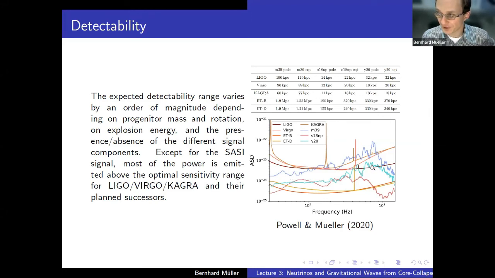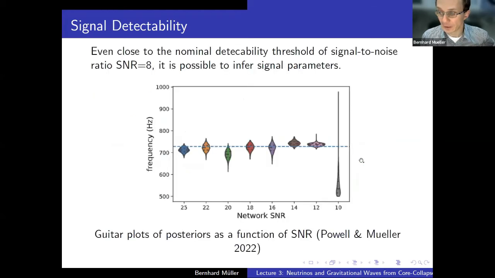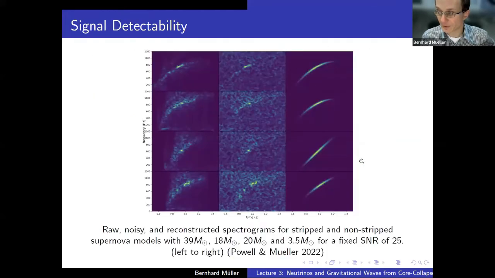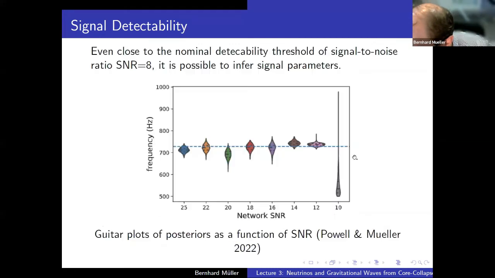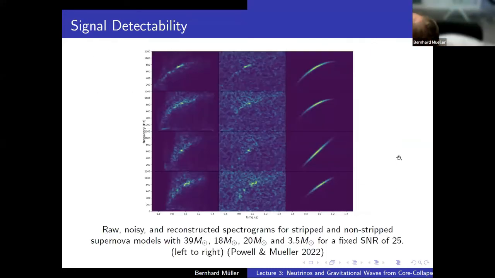There is some discussion here in Australia about a high frequency detector that might help us for certain purposes. So you'd have to talk about high frequency ground-based detectors to help us in this region. Okay,